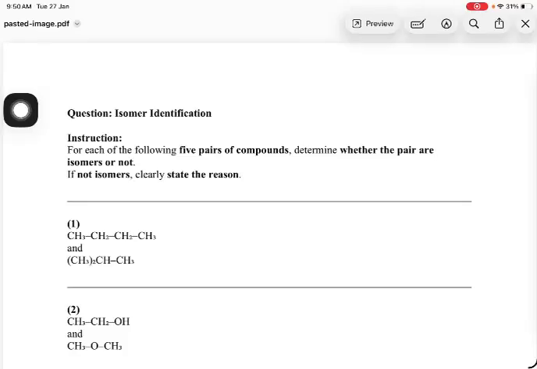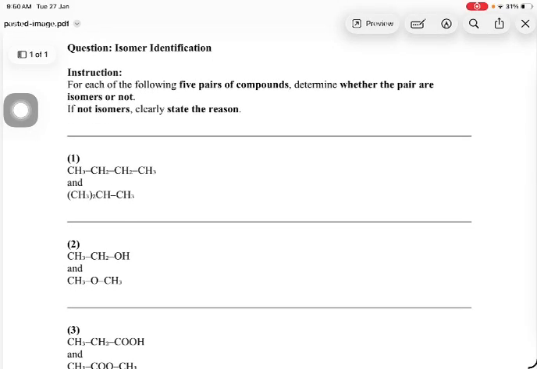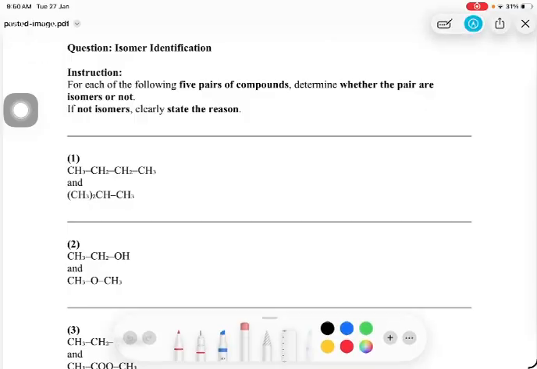Okay, let's continue with the isomer identification. So in this exercise, we are going to identify whether they are isomers or no. If yes, then we'll be fine. If no, we have to state the reason. So in general, still remember just now we say the definition is